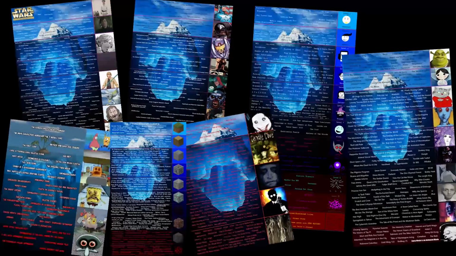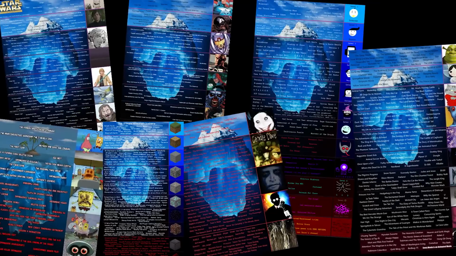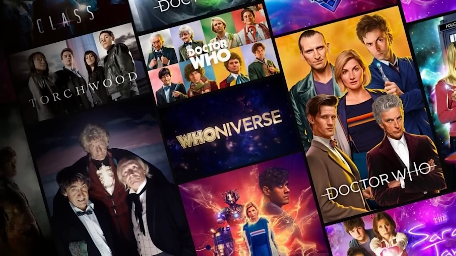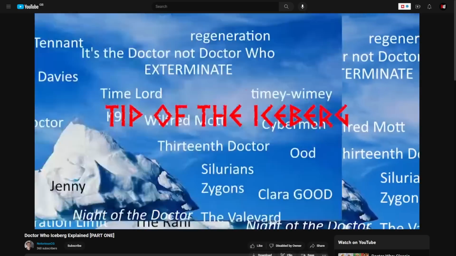The Iceberg chart is a hugely popular type of internet image and has been used for most major properties already, but I feel like the piece of media most deserving of an iceberg is Doctor Who, a show that has existed for over 60 years with all sorts of spin-offs, rabbit holes and oddities lurking underneath the surface. I know there have been a few attempts at making a Doctor Who iceberg before, most notably Beware's massive video and notorious CG series of videos, but those were over like 2 years ago, and I feel like there's now so much more to talk about.